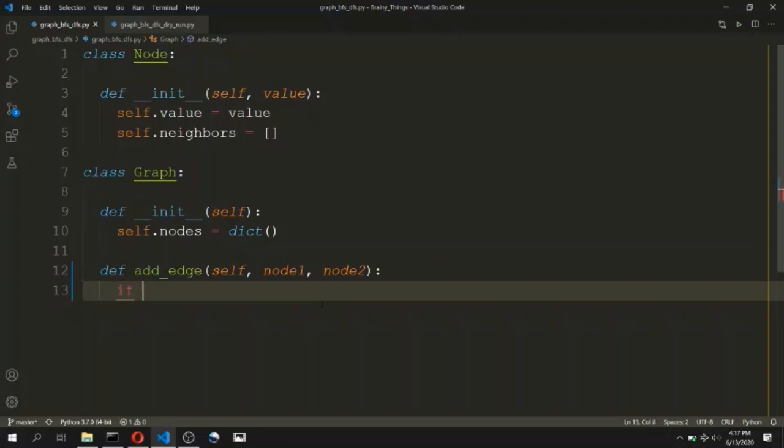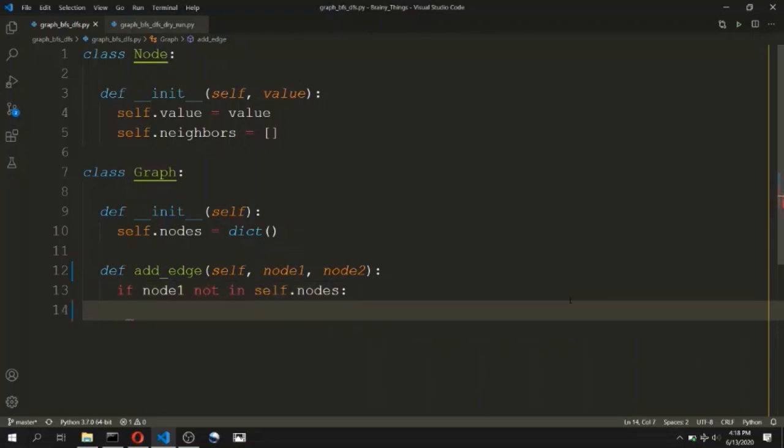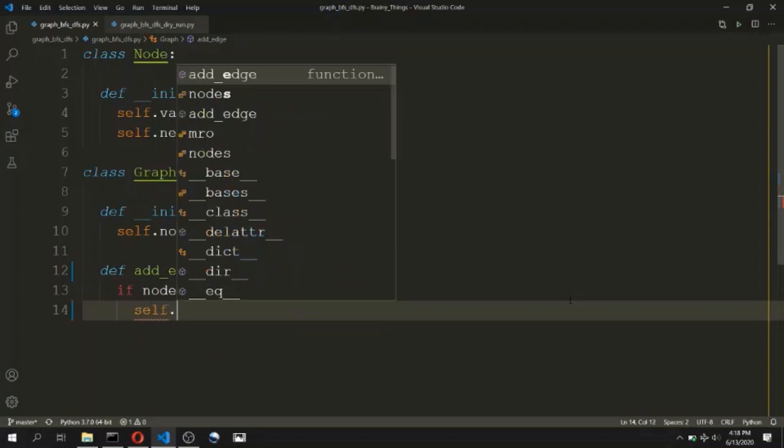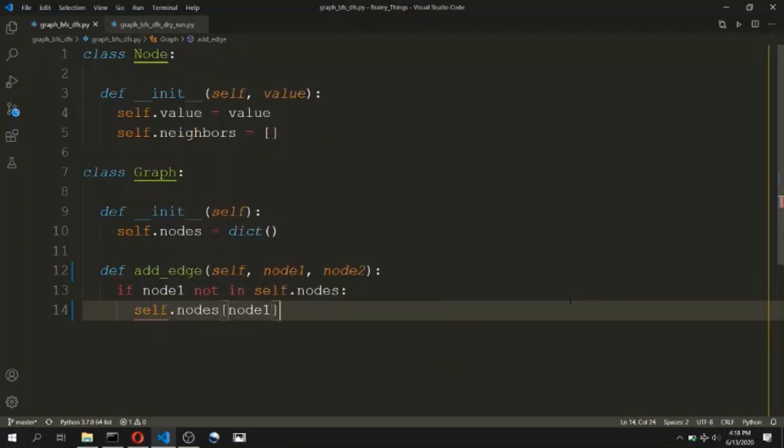For that, we will check if the node1 is not present in the keys of the dictionary, that is self.nodes. That is, if there is no item corresponding to this node1 key in this self.nodes dictionary, then we will add the key node1 to the dictionary, and the value corresponding to this node1 will be a new node object initialized with a value of node1.